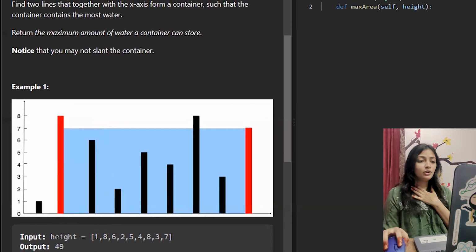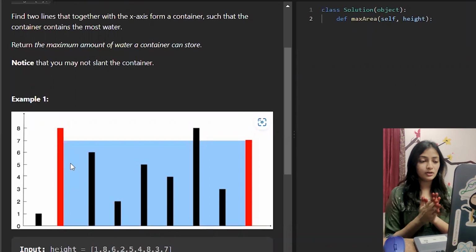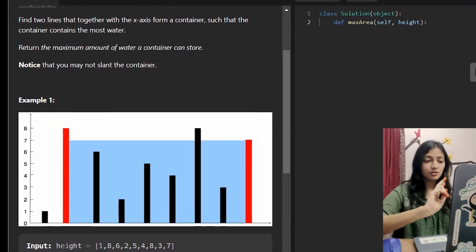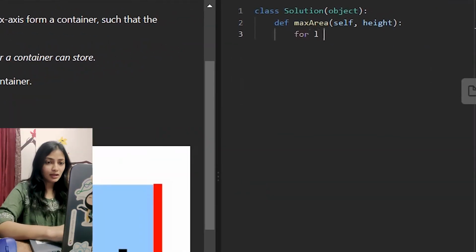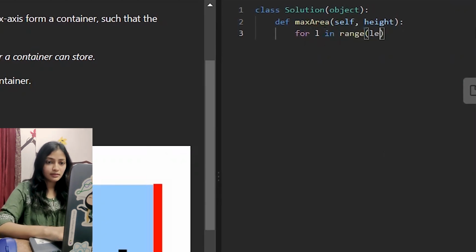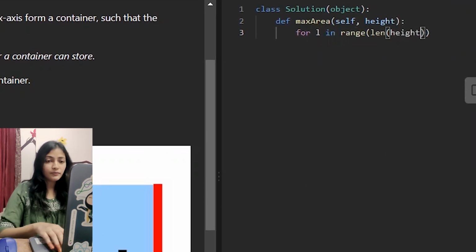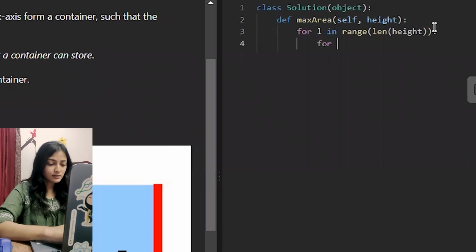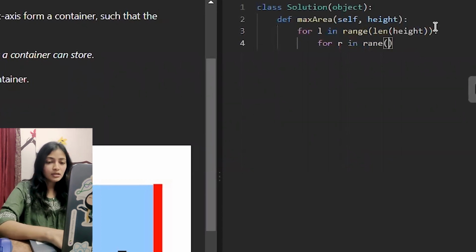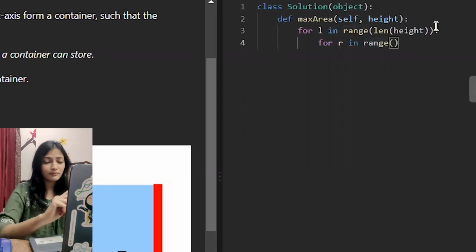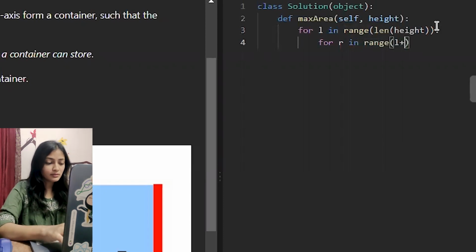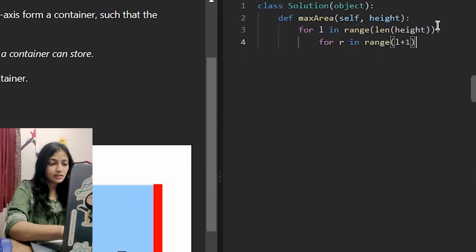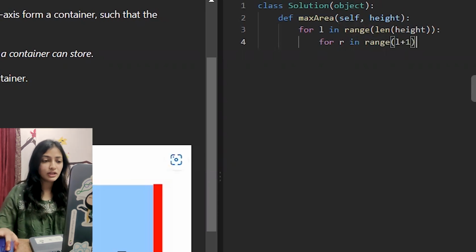For this we need to see that we have two sides, the left side and the right side. For the brute force approach, we can take 2 loops here. Let's say for L in range length of height. So we are going to take our left side till the last of the vertical lines. That is why the range is length of height. Then we are going to see for the right side. So for R in range, our range of the right side is starting from left plus 1. We are always going to have the right side greater than the left side. So we are checking the next